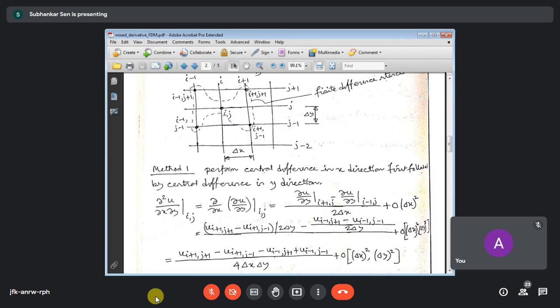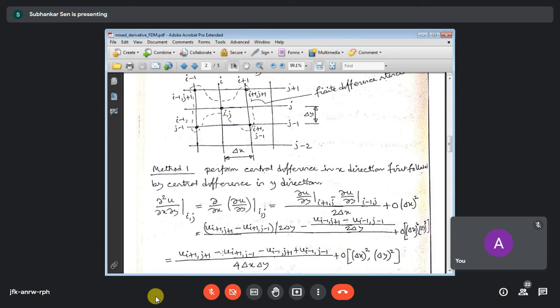So in this expression, if you notice, when i and j are both of the same sign, i+1, j+1 and i-1, j-1, they have a positive coefficient, plus 1. When the indices are the same in the first part and second part, then this is positive. So this is i+1 with j+1, plus. This is i-1 and similarly j-1. This is plus. Now these are opposite signs. This is i+1 but this is j-1, so we have a minus sign. This is i-1, j+1. We have a minus sign. So this is the expression for the mixed derivative.